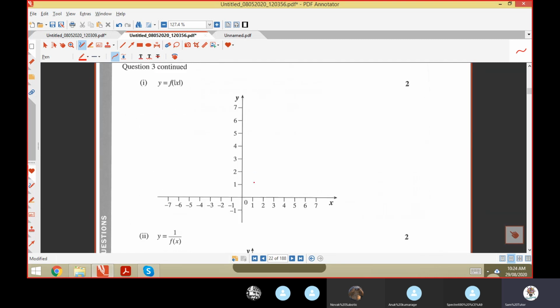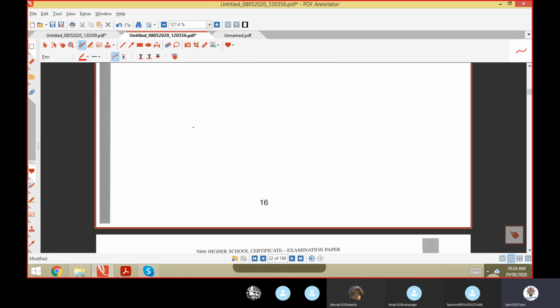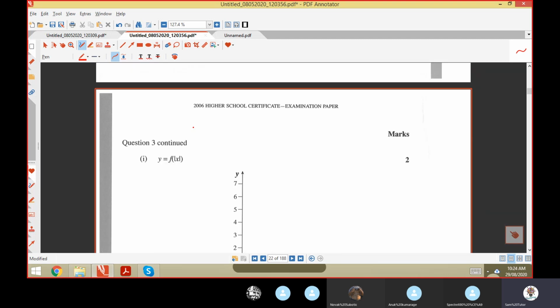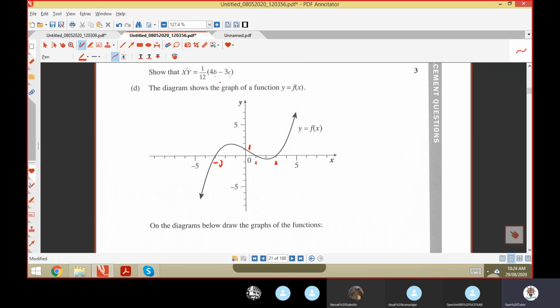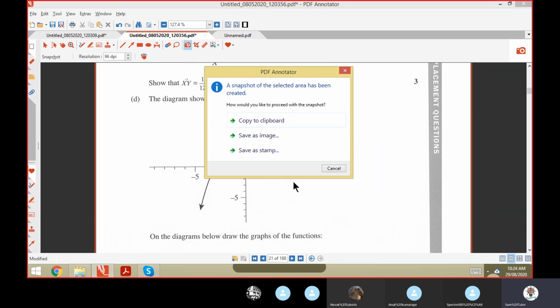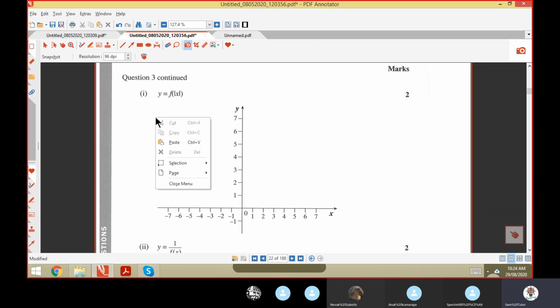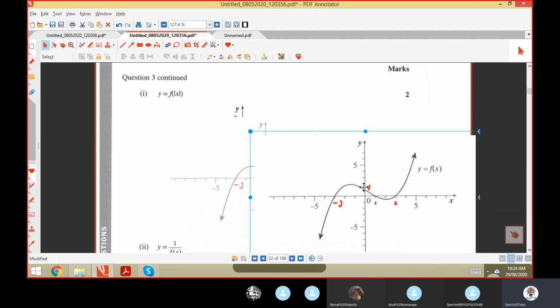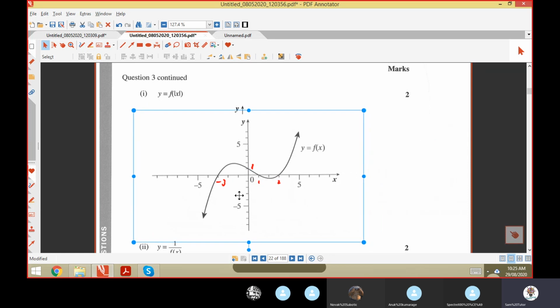Let's see. There it is. Find the absolute value of x, and the reciprocal, and that's it. 2 marks each. All right, let's do the absolute value of x first. I would like to show you this in a proper way, so I'm just going to copy that and paste it on this diagram, just so you can see exactly what's happening. Oh, wait, why do they go down only to -1? Because absolute value of x, fair enough, that's okay. All right,